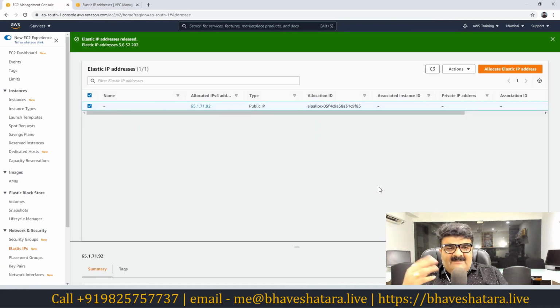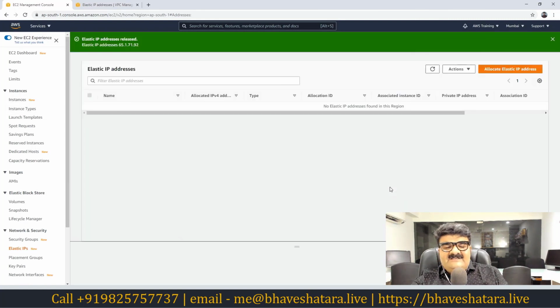It means you are giving the IP address back to Amazon. You don't want it again, so you just release it. Now it has been released and you do not need to pay anything. You will not get this IP address again. If you click allocate elastic IP, you will get a new IP. So this is how it works.